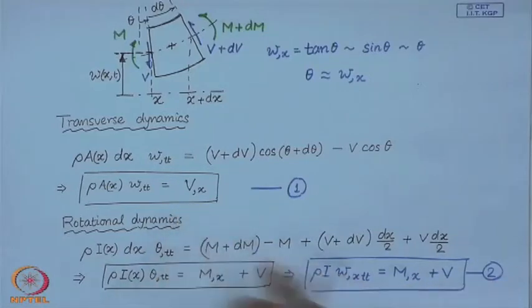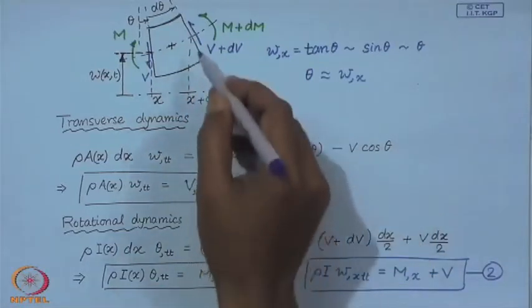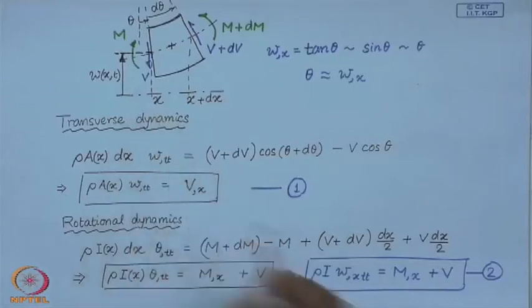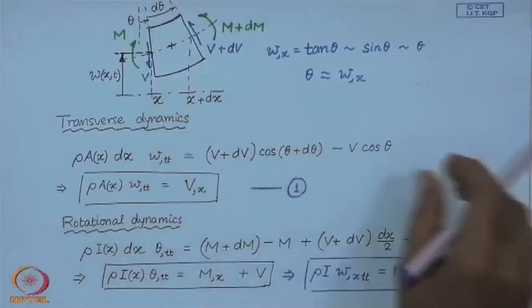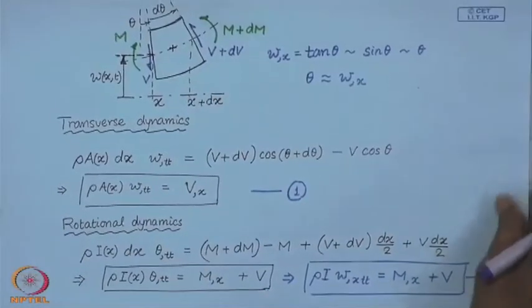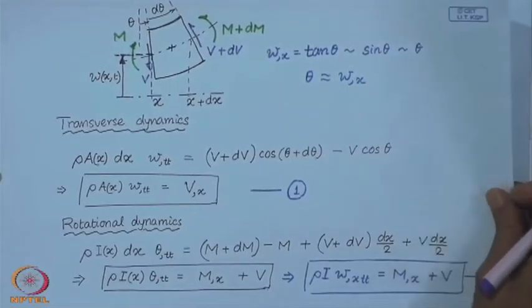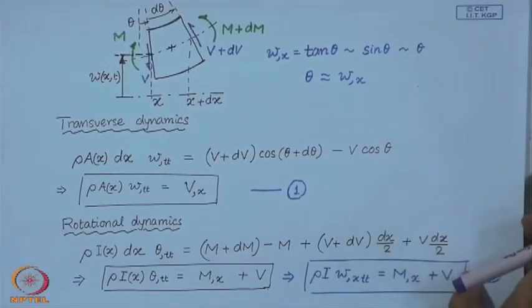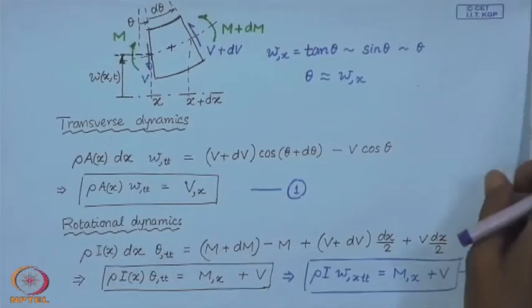Now, this V, which is the shear force, is determined from these equations of equilibrium, because this element is not shearing. So, this has to be determined from the equations of equilibrium, and that is what we have in these two equations. So, we will eliminate this shear force between these two equations, and if we do that,